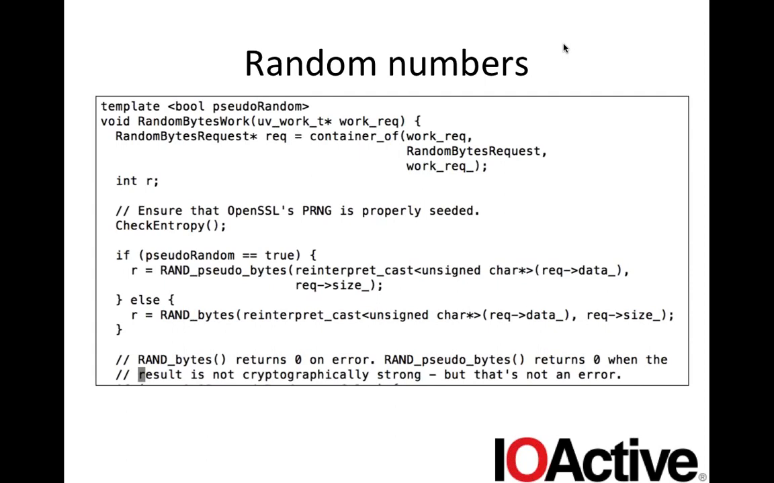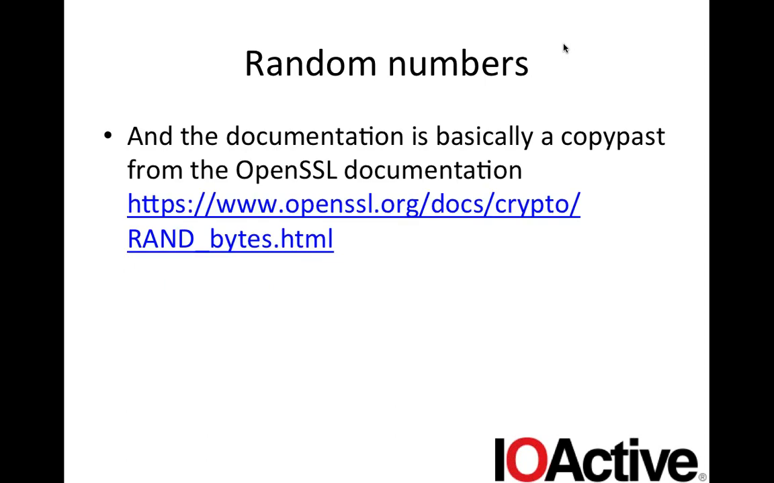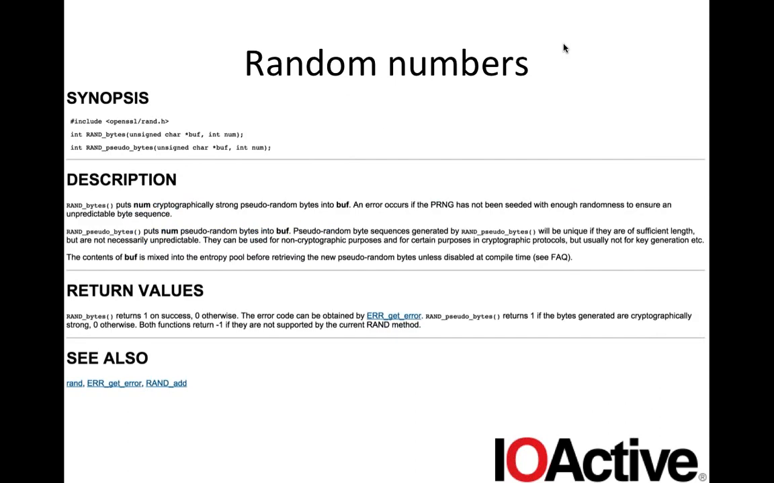And if it's pseudorandom, it calls the OpenSSL API random_pseudo_bytes, and if it's not, it calls the OpenSSL random_bytes API. And then if you go look at the OpenSSL documentation for this stuff, you notice that almost one for one, the documentation of node.js's APIs and the OpenSSL APIs are almost identical. They make the same guarantees, they make the same promises, right? So if you look at the